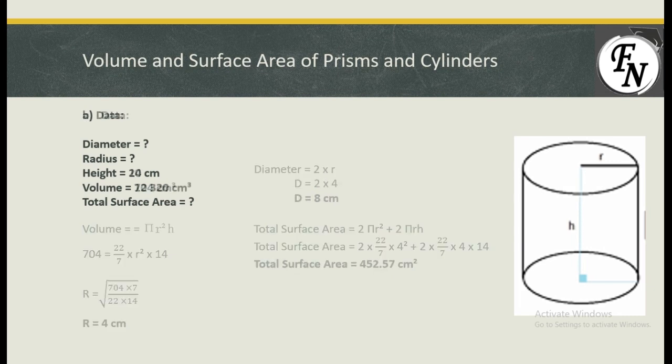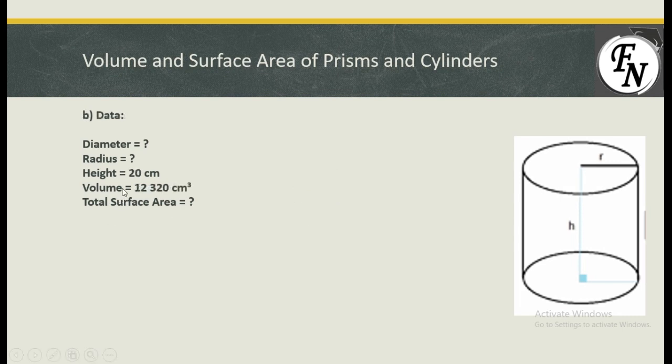After this, let's talk about another case, where height is given in this case as well, and volume is also given. So this turns out to be the same case as we did previously, just that the values are a bit different. So we will be using the same steps. We will use the formula of volume first. We will substitute all the values, take all the numbers to the other side, and we will take the square root of both sides, and we will get the radius as 14 centimeters, as we did in